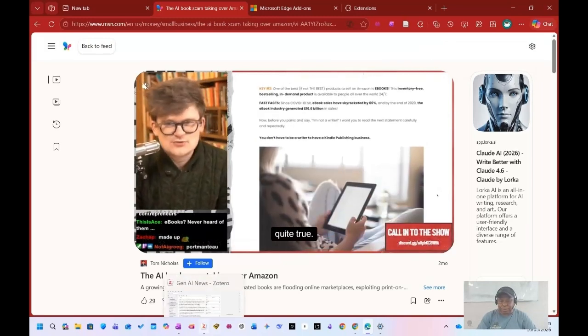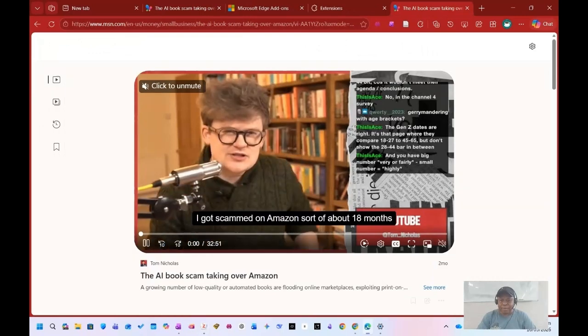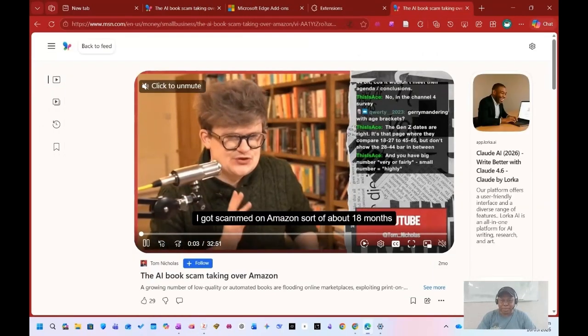So let's go to Zotero and find out whether the content is already cataloged. Okay. So let's see. Oh, here. This is the one. The AI book scam taking over Amazon. So along the way, next time you open your Zotero content management app and if you want to read this news, simply click on it or double click and you open the news